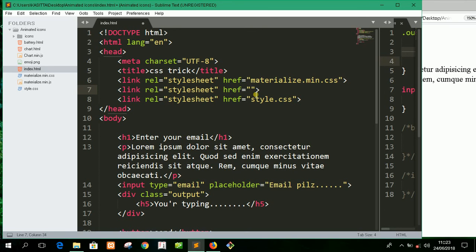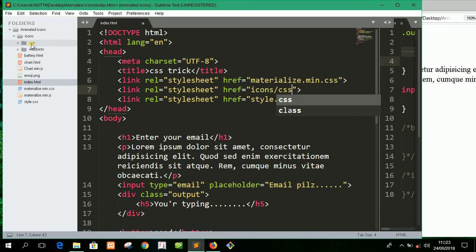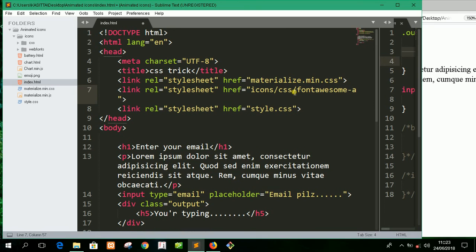It's inside the folder called icons. Inside there is a folder called CSS. Then inside the folder called CSS there is a file called Font Awesome